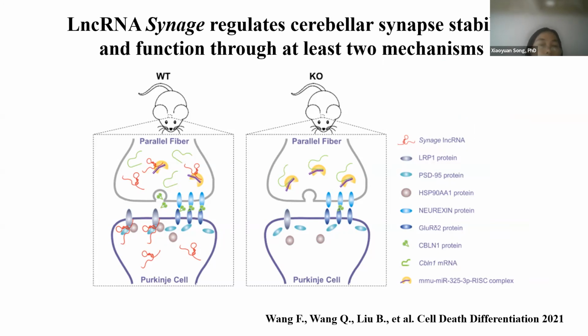And the other, in PC cells, it functions as a scaffold to orchestrate the assembly of the three synaptic proteins, PSD95, LRP1, and HSP90AA1. This accounts for the function of the synapse mechanism. And this part of the work has been published in CCD. Next,